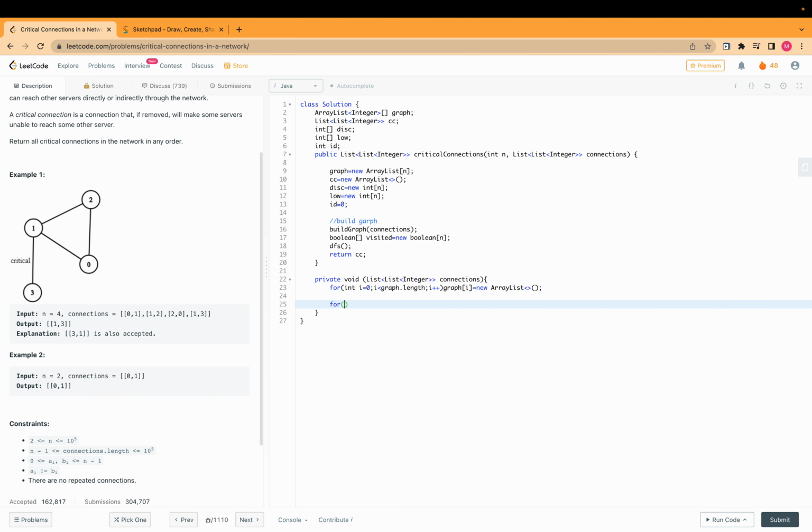Then for list of integer in connections,